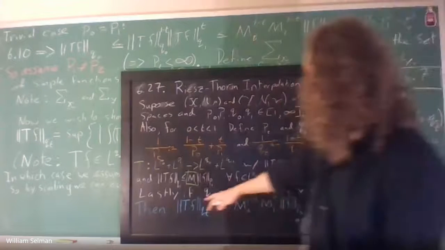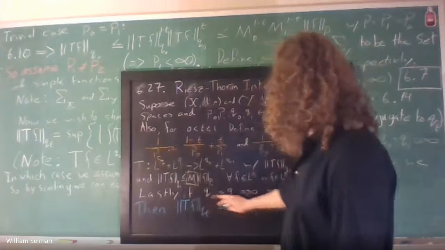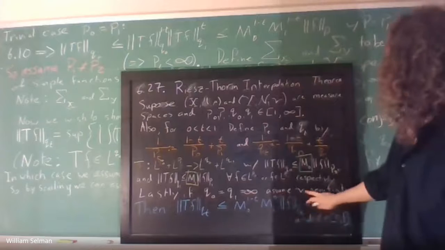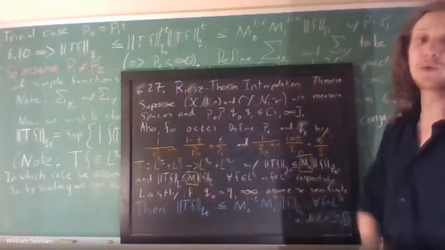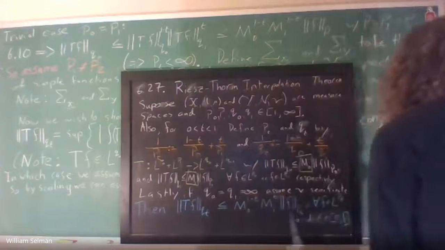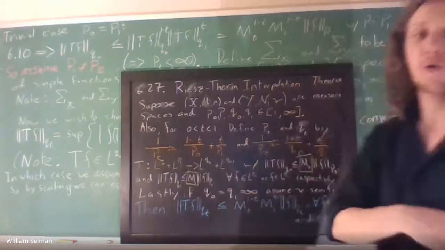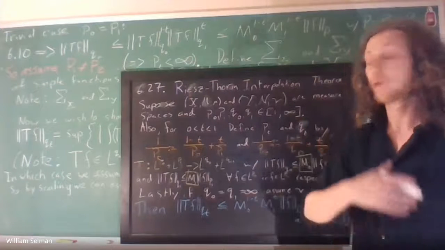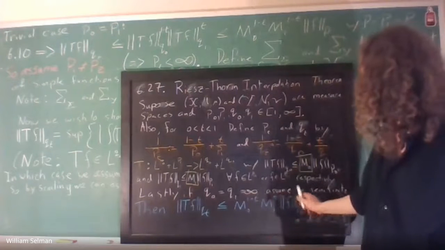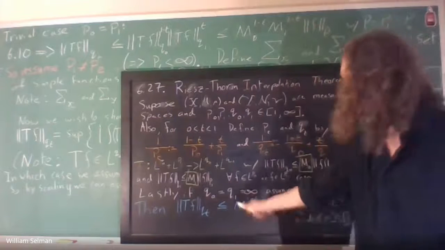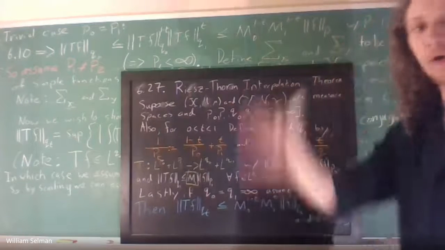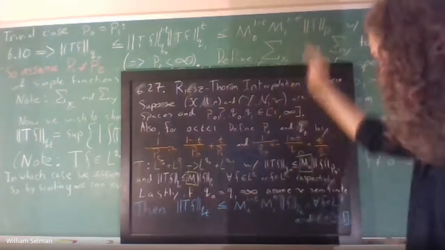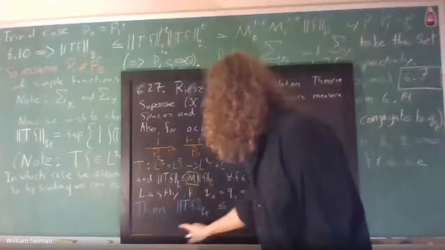Then, lastly, we're going to assume that if q0 and q1 are equal to infinity, then nu is semi-finite. The reason we need that is that during the setup to the proof, we're going to be relying on Theorem 6.14, which needs that semi-finite condition in that case for the theorem to be applicable. So those are all the assumptions. If all of that holds, then we have that